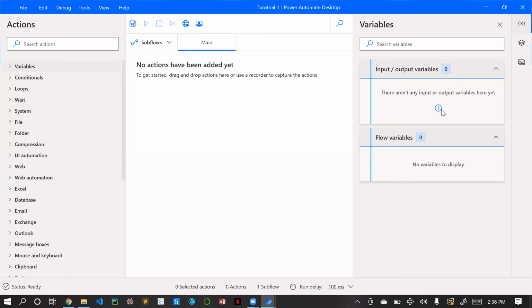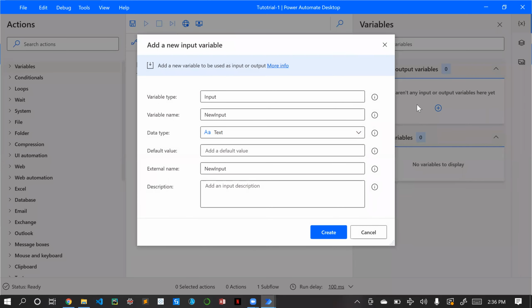So initially we can create a variable here. So let me create a variable. As I'm creating it, what is input and output? Those from an RPA background will know what input and output are. Input is nothing but if a flow accepts some value, or we use it inside a flow, that is known as an input variable. If you are sending some value from that flow to a different flow, that is known as an output variable.